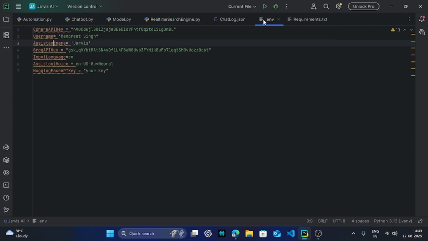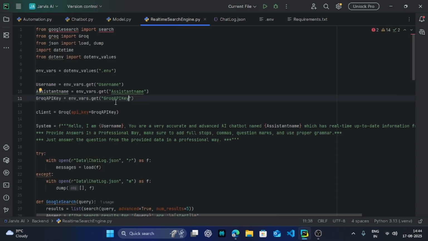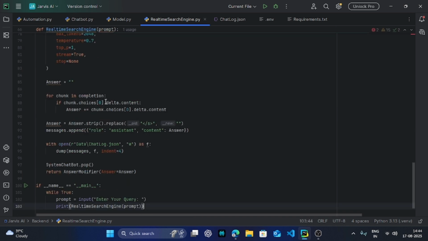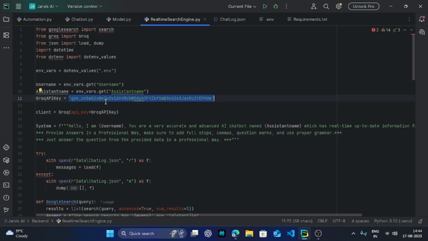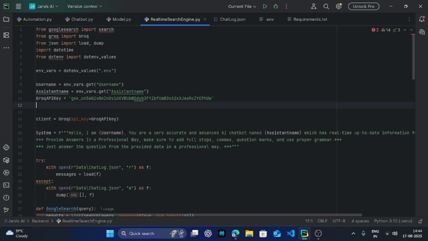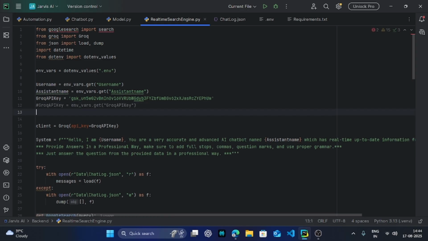I will give both in the description, so you will get both in the code. Don't worry about that.